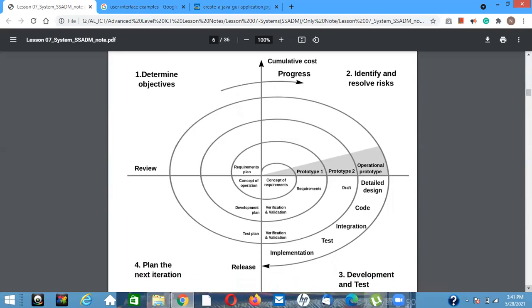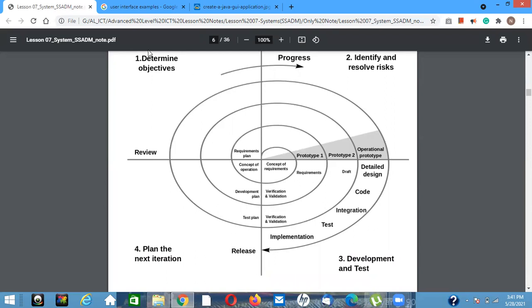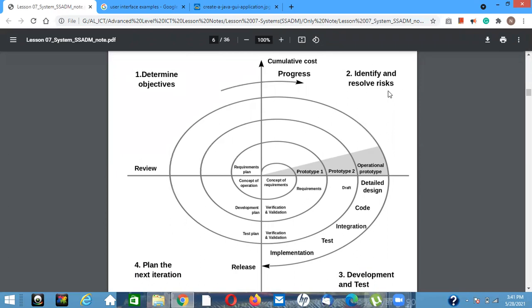Okay, here in this diagram they have identified them as determine objectives and identify and solve risks, development and testing, and plan the next iteration. So these four can be like this, and then you can see each iteration is doing one particular task.